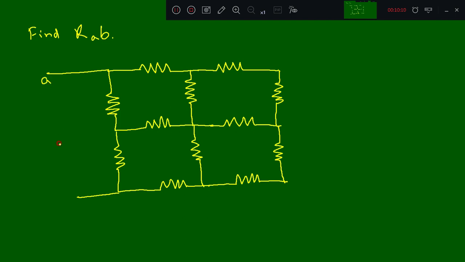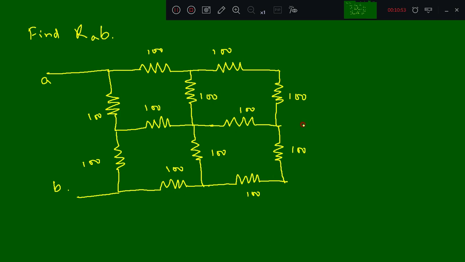This is point A, this is point B, then all the resistors are 100 ohm, 100, 100, 100, 100. So all the resistors are 100 ohm resistors. Then try to solve this. One hint I can give you: